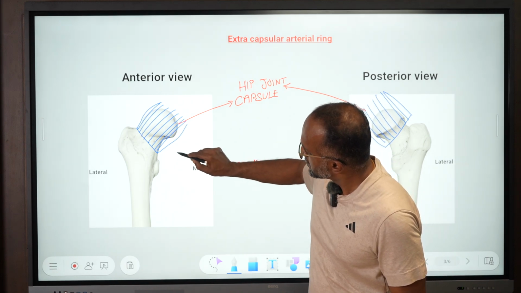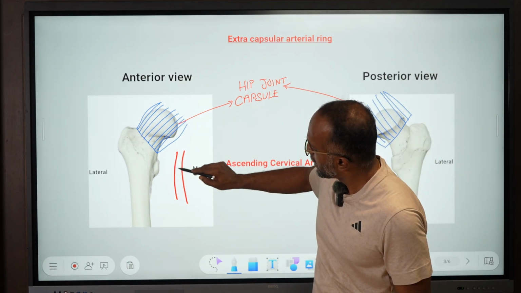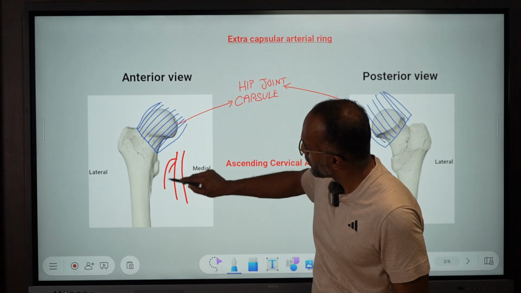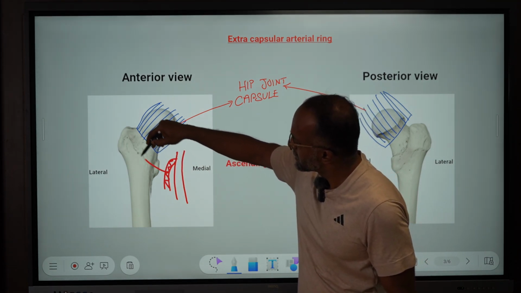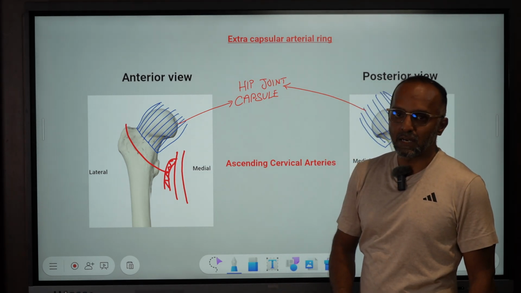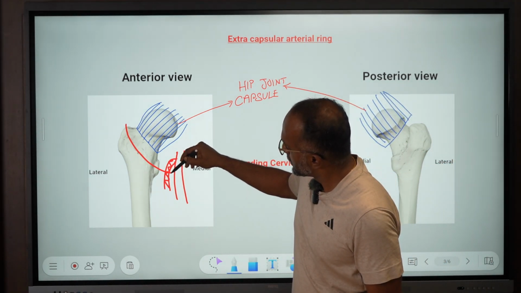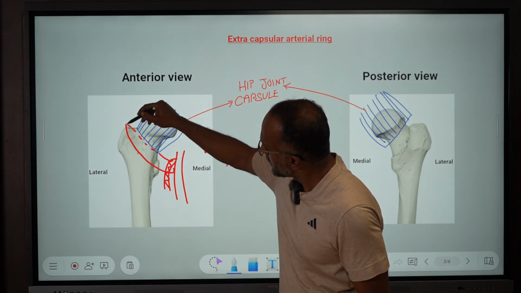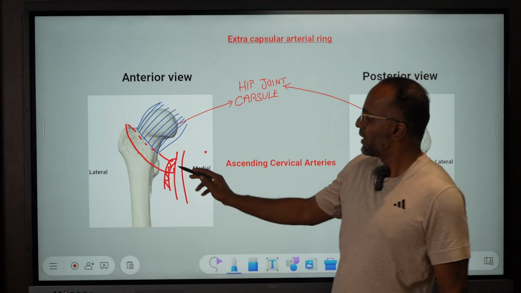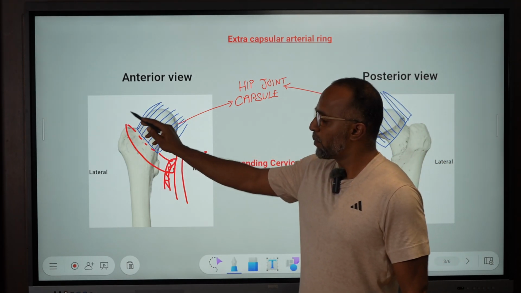So here comes the femoral artery, profunda femoris artery. This is the profunda femoris. So this is the lateral circumflex femoral artery. This structure which goes medial and behind is the medial circumflex femoral artery, and these two together form a ring